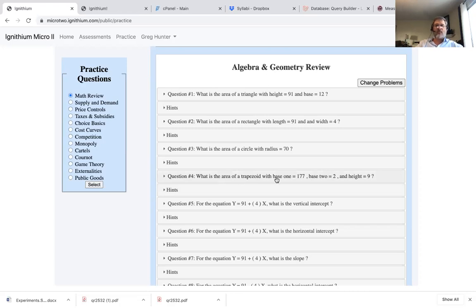So, question number 4 asks us, well, okay, we have these two bases. Now, obviously, this is a really sharp example where one base is really big and the other base is really small, and we have a height of 9. But there's a formula, which is you take the average of the bases times the height to calculate the area of the trapezoid. So in this case, since we have 177 and 2 and 9,